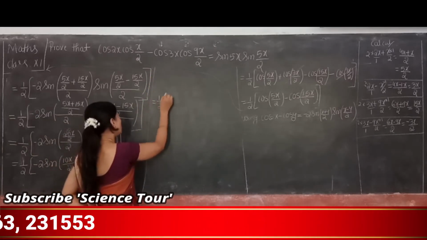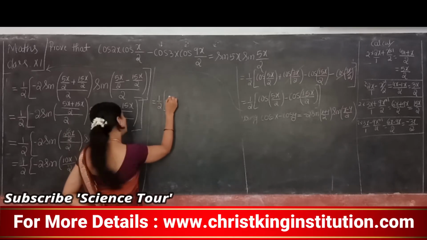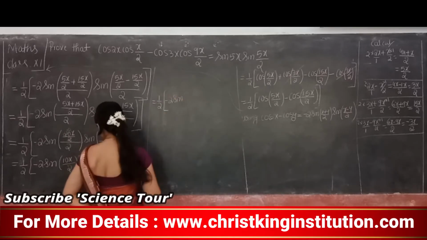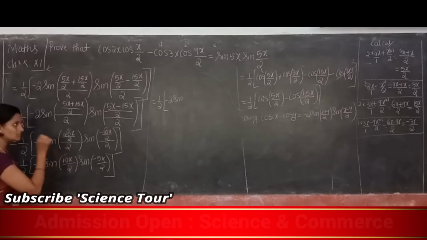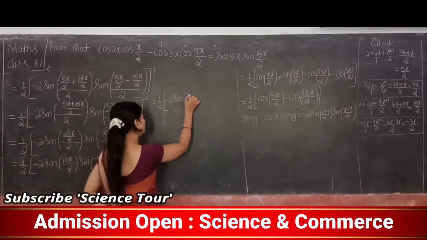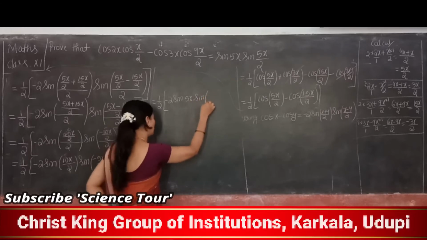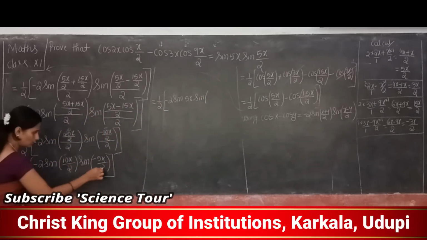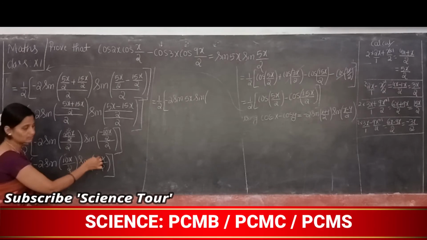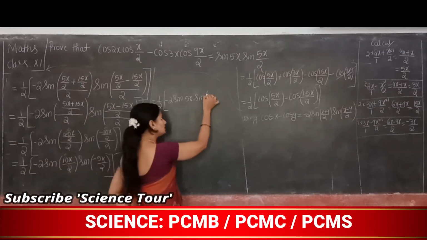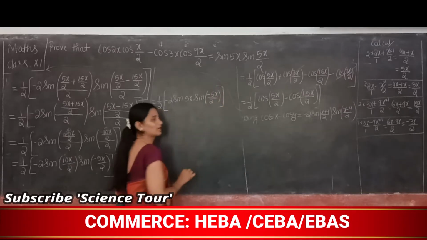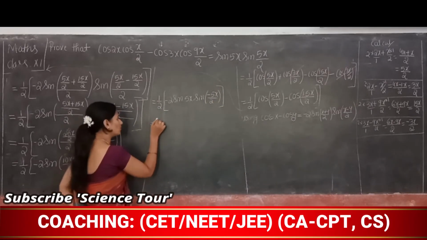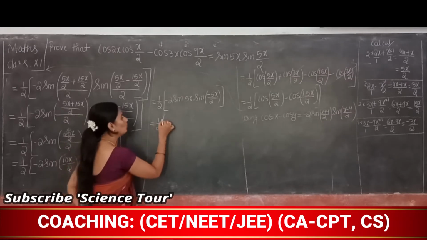Now next, which is equal to half into minus 2 sin again. 2 ones are 2, how much here? 5. So it means it is 5x, sin 5x into sin. Is it possible to cancel? 2 ones are 2. Is it possible? No. So it is minus 5x divided by 2. Close this bracket. Clear? So this is equal to 1 by 2 minus.